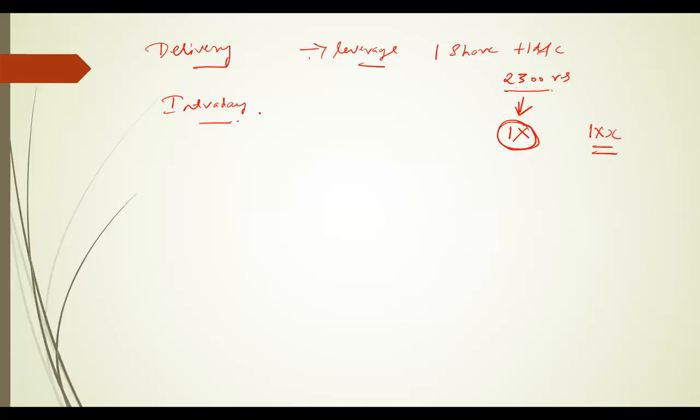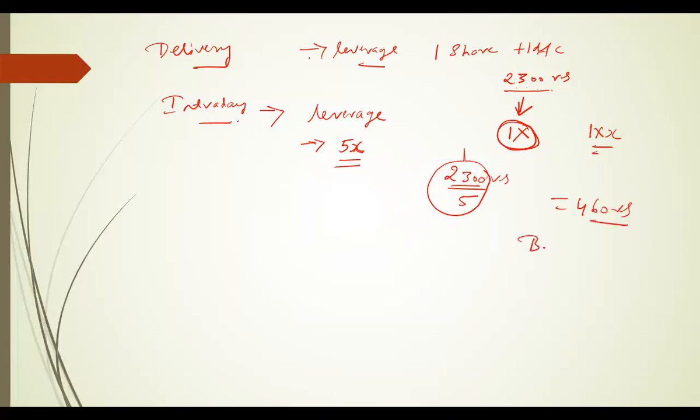Next is intraday. In intraday, what is the leverage? It depends from broker to broker, and sometimes it changes from month to month, or as per the SEBI norms. As of now, they give up to 5x. What do you mean by 5x? 2,300 rupees divided by 5 is 460 rupees. So you need not have 2,300 rupees; even if you have 460 rupees, you can buy one share of